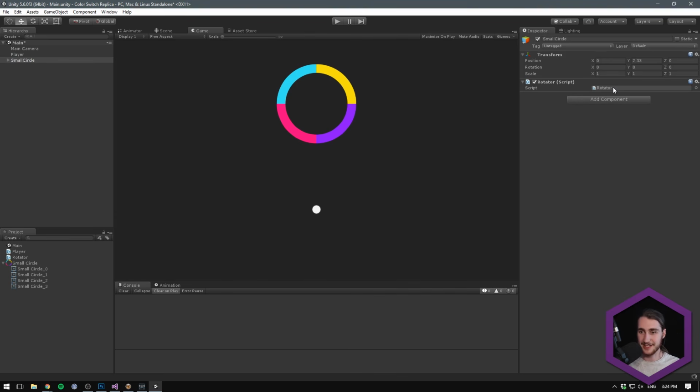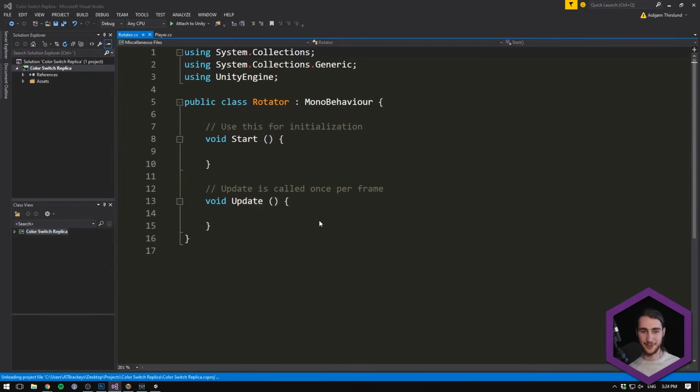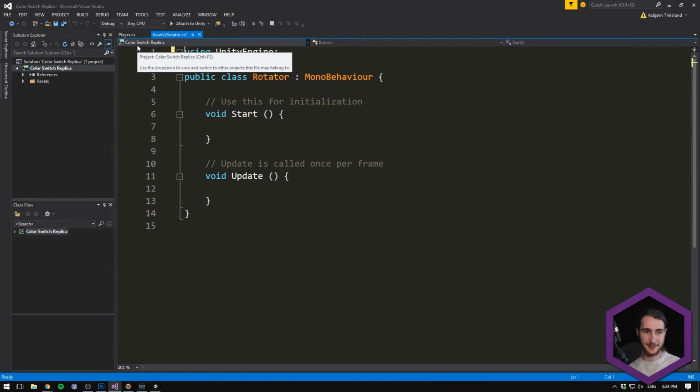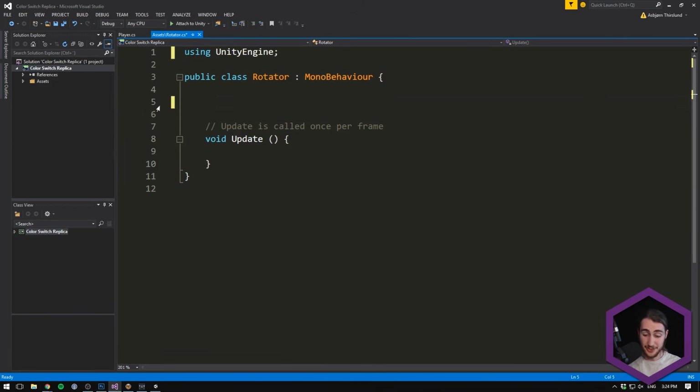And let's double click that to open it up in Visual Studio, reload all, and everything is good. We can delete the 2 using system tags up there again, and we can also delete the start method once more. We do need a public float here, and this is going to be the rotation speed. I'm just going to call this one speed and default it to maybe something like 100. So that means that we're going to move 100 degrees